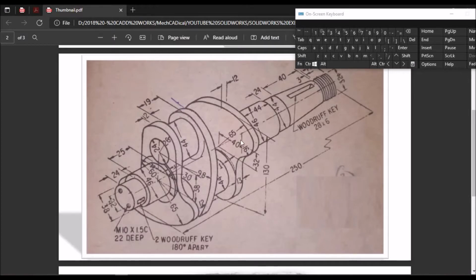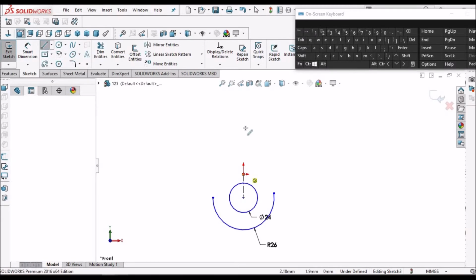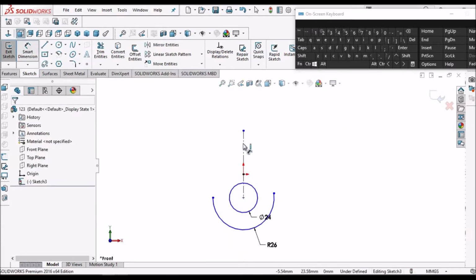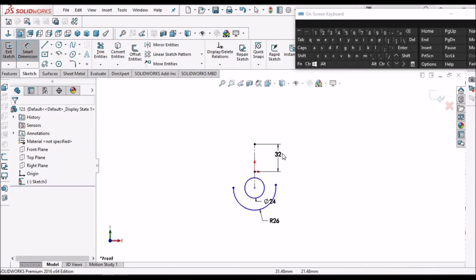Next, see this arc is 16 and so this arc radius is 65 and this is 16 and distance is 40 from the center axis and 32. Say OK.